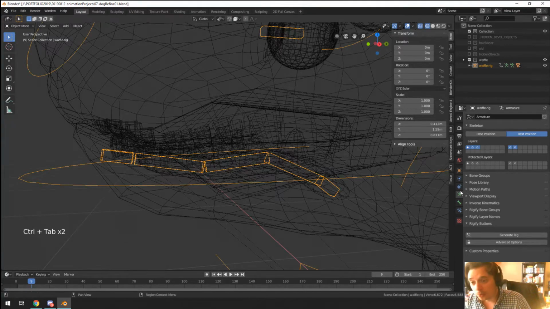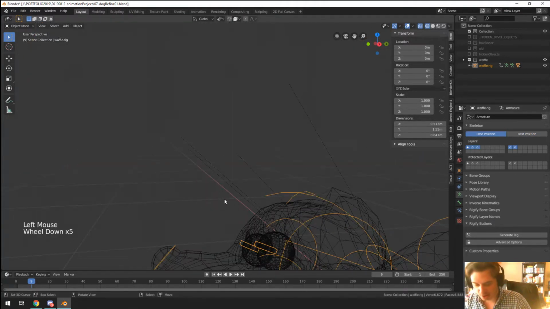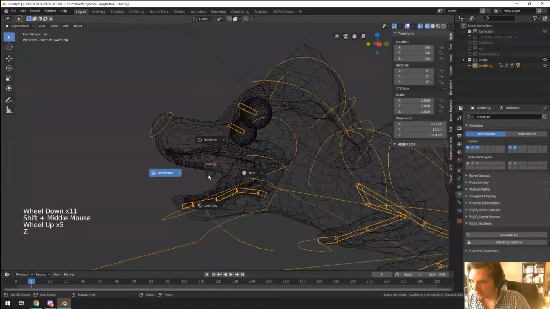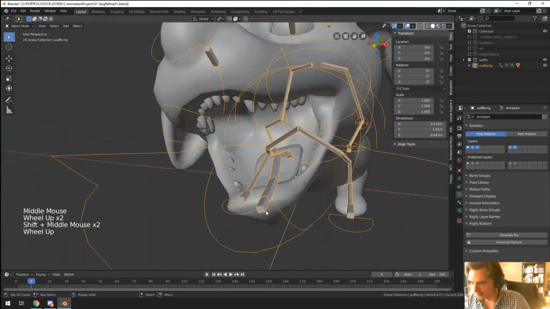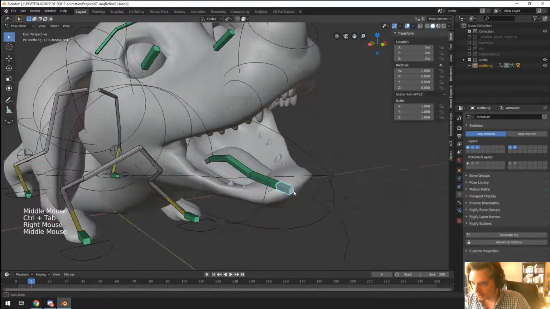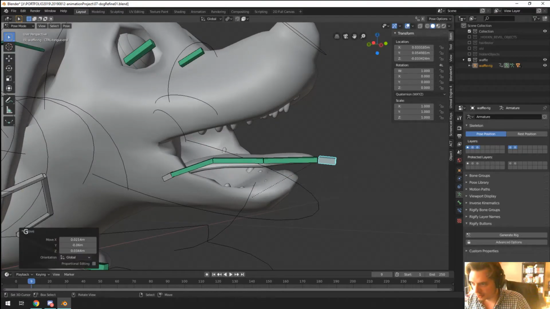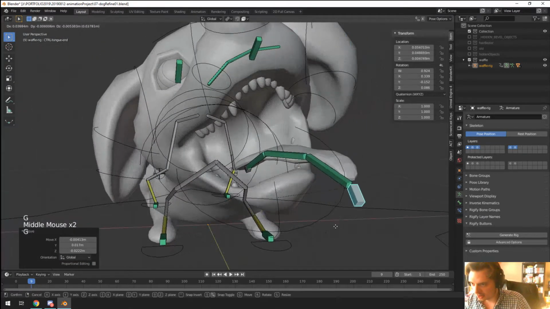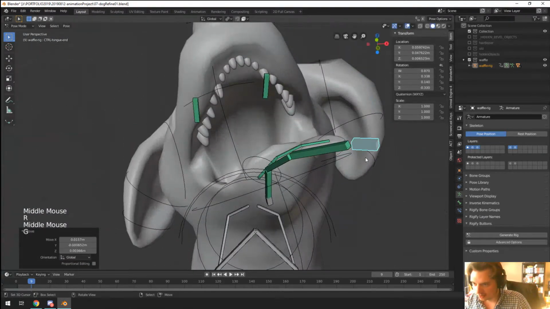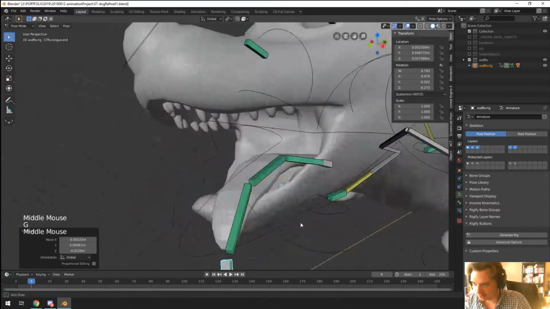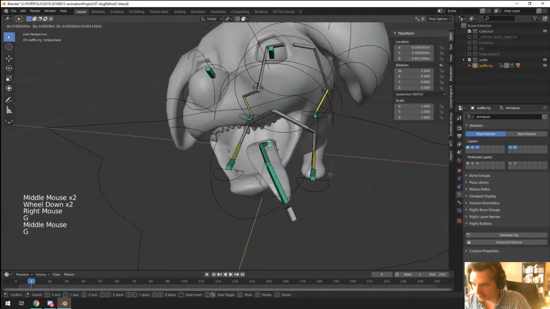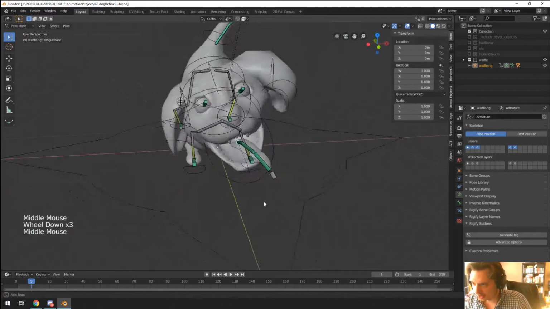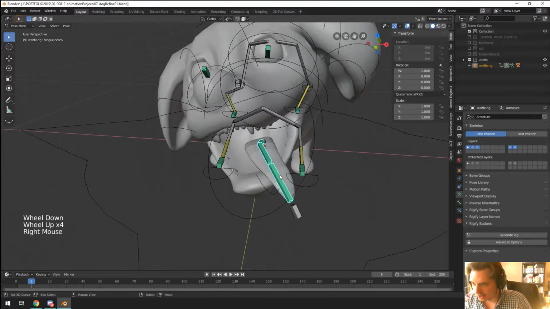So now, if I put it on post position again, I've got solid so we can see what we're doing. I pick this, it should work perfectly. So now, you can kind of stick out his tongue like you want to. I guess you could also move the thing a bit. The only thing we want to do here is